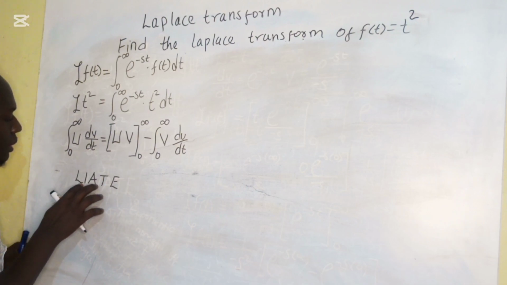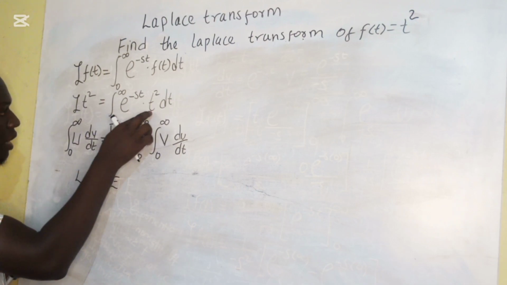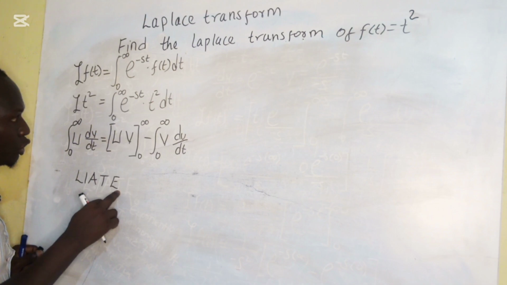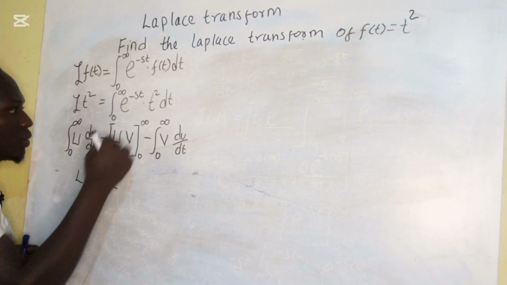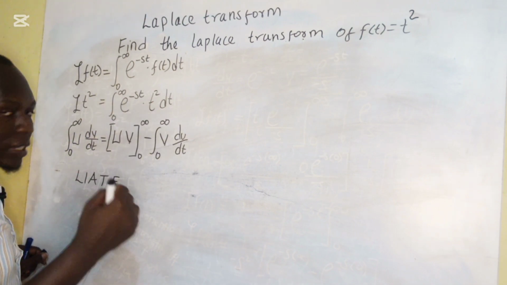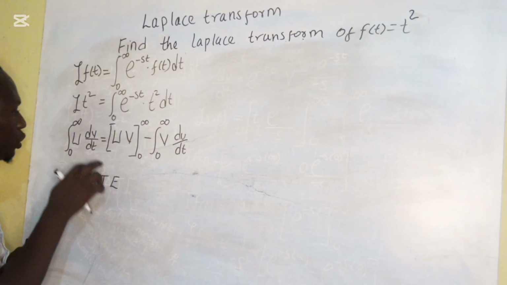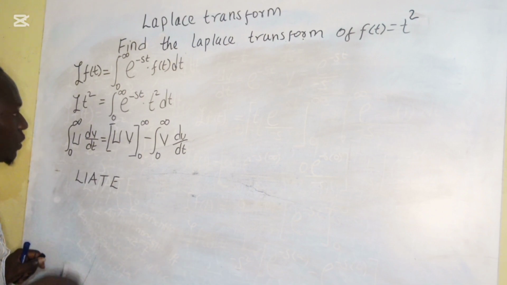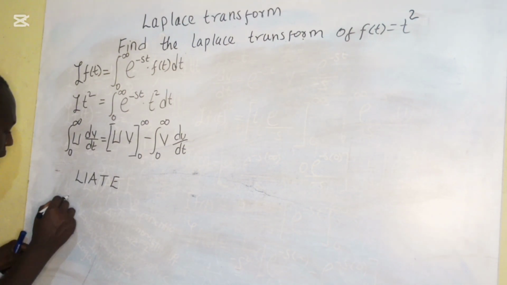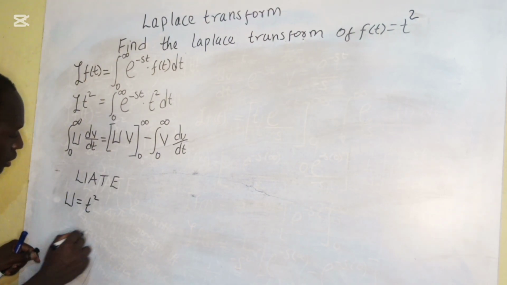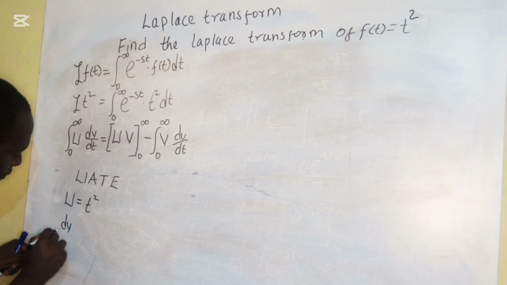whereby this one stands for the exponential, trigonometric function, algebra, inverse functions, and the logarithmic function. And we agree that for example here, we are having our term of t as an algebra and an exponential. Our term of t is going to be equal to u, and our exponential is going to be equal to dv with respect to dt. To mean that we are going to have u equals t squared, and our term of dv with respect to dt is going to be equal to